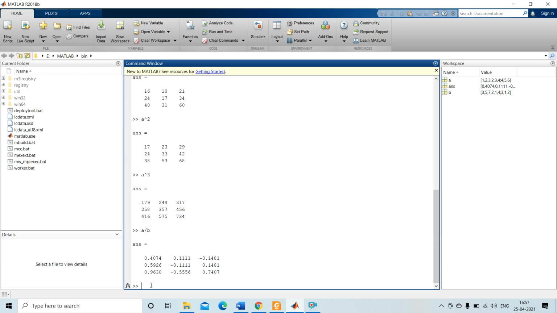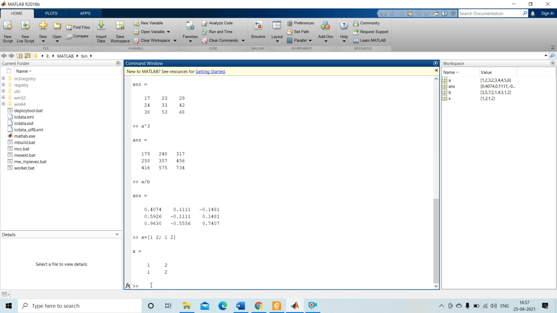Okay, so next let's create small matrices so that we can understand clearly about the array multiplication. See, x is equal to 1 space 2 comma 1 space 2. This is a very small and simple matrix I formed here, 2 cross 2 matrix. Then y equal to 2 space 3 comma space 1 space 4.